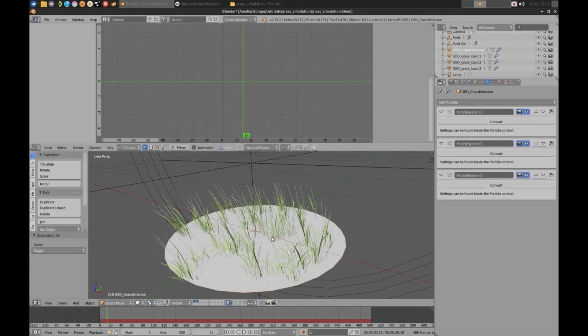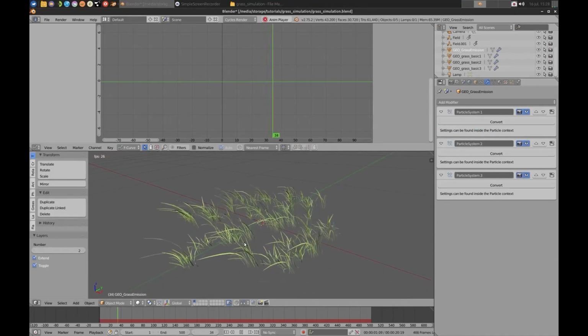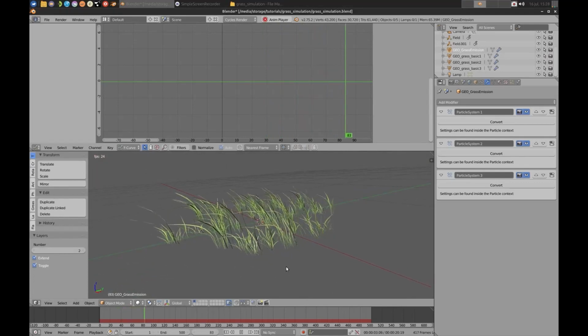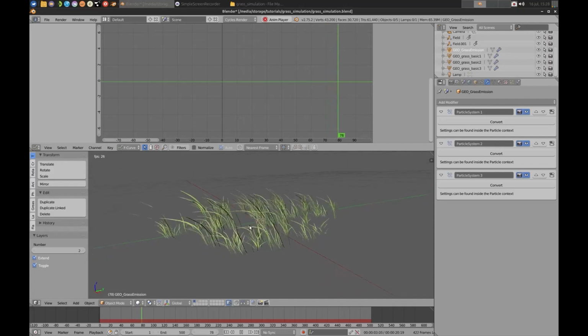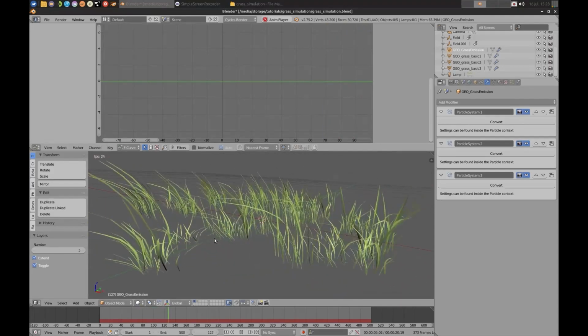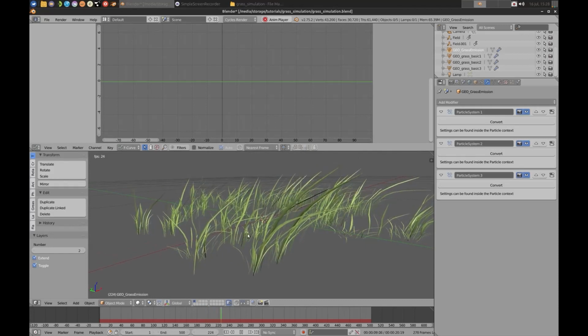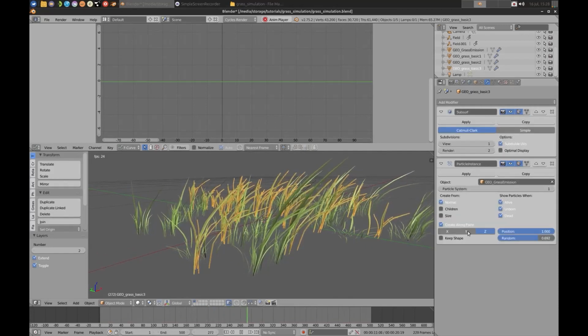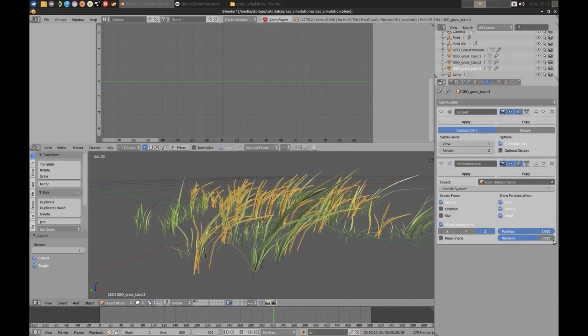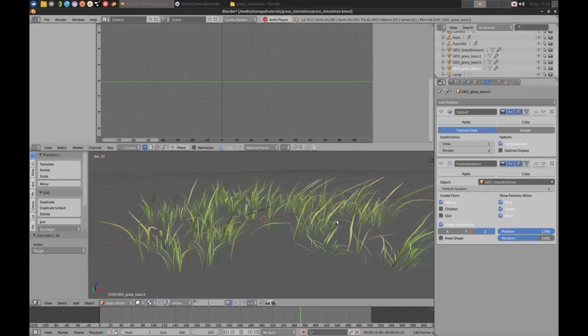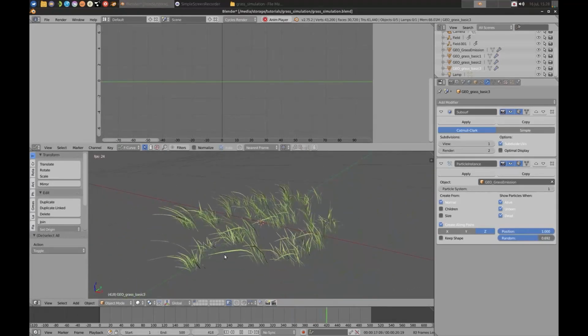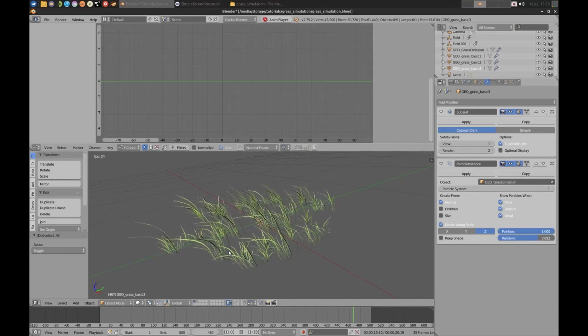So I'll temporarily hide that second layer, and as you can see, we have a really small, rather basic patch of grass, but each of these strands is looking a bit duplicated right now. In the Gooseberry branch we had more settings to give this also some random rotation, but this should serve as a nice starting point for our field.